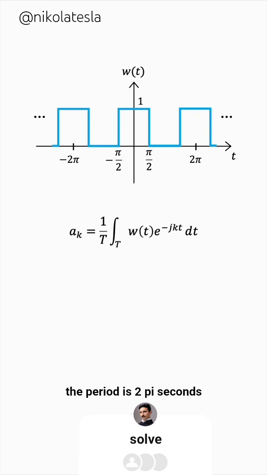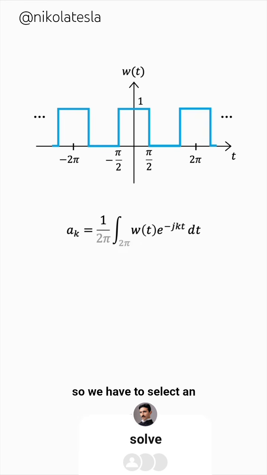The period is 2 pi seconds, so we have to select an interval of length 2 pi to integrate over. We can choose 0 to 2 pi, but the problem with this is that we'll have to split the integral. 0 to pi over 2 would be one integral, and then 3 pi over 2